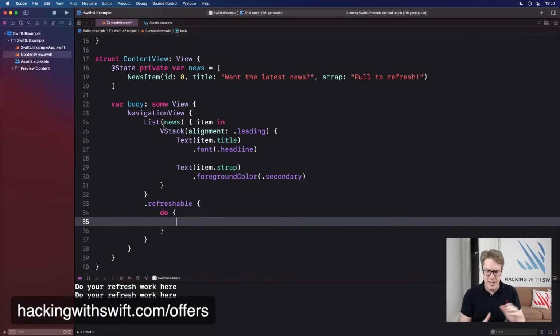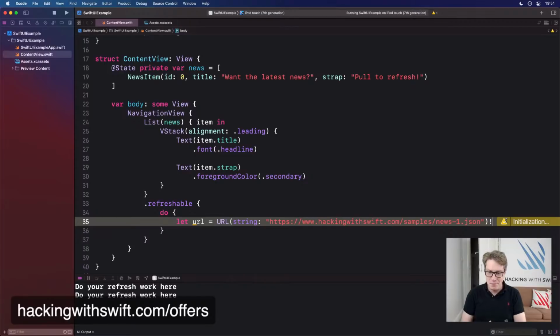A do block to catch any kind of error. First things, let's make our URL we're going to fetch. Now, I've got one of these already. I'll do let URL is a URL with a string. Let's get this right. https://hackingwithswift.com/samples/news-1.json. I'll happily force unwrap that. That's my little example JSON URL. I think that should be some valid JSON, all being well.